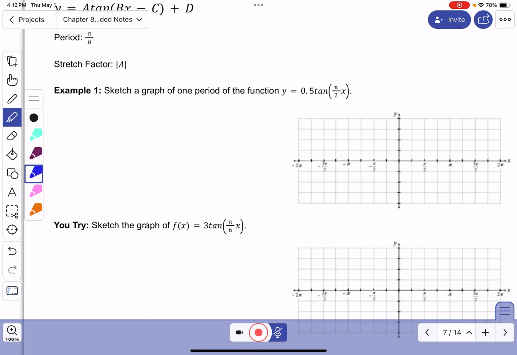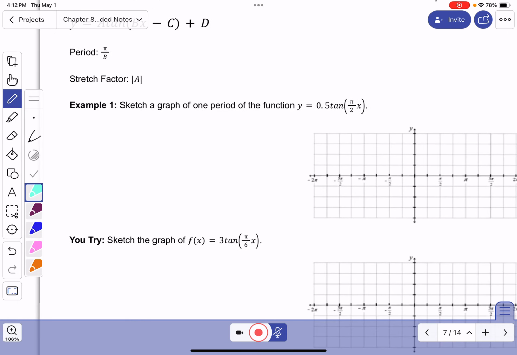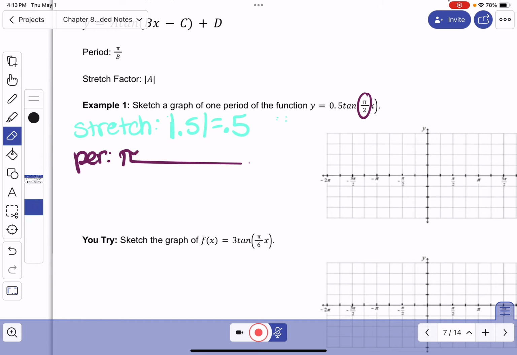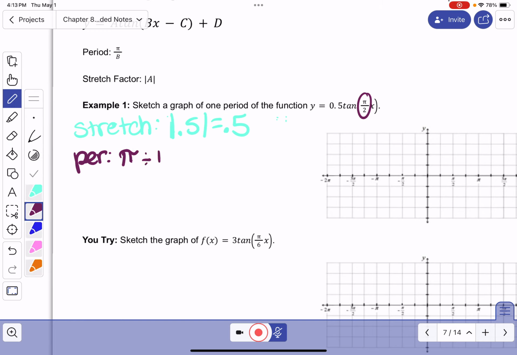Now let's do one. So same thing. We're going to find our stretch factor. It's not an amplitude because there's no max and min, but we find it the same way. So the stretch factor is the absolute value of A. So absolute value of 0.5 is 0.5. Then we find our period. So this time we're going to do pi divided by pi over 2, which is pi times 2 over pi, which ends up being 2 pi over pi,